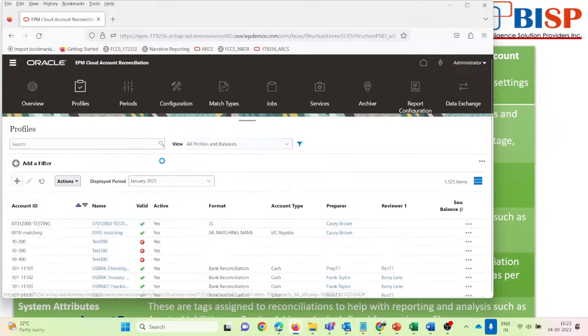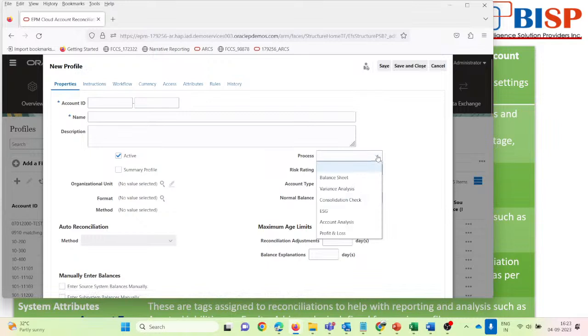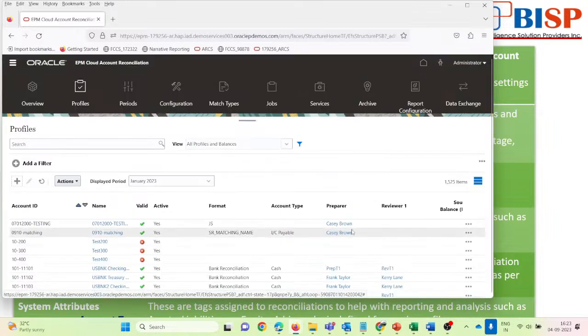So while creating a new profile, now you can see the profile, it will appear in this. So we have to attach this process into our profile. So what are those? Balance sheet, variance analysis, profit and loss. If we are doing it for accounts payable and receivable, we will choose this balance sheet. And if we are doing variance analysis or the differences or the variances for some of the profit and loss account, profit and loss member, we can choose this profit and loss process. So this will be used in our profile,